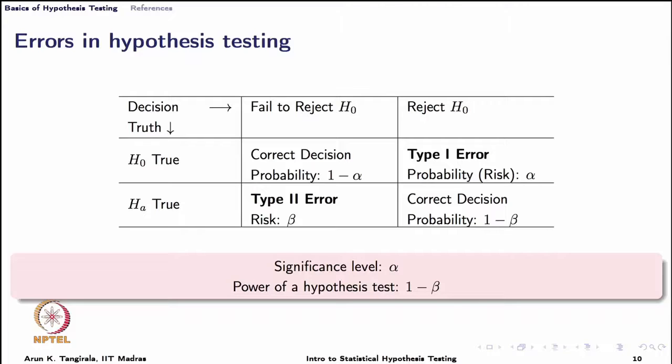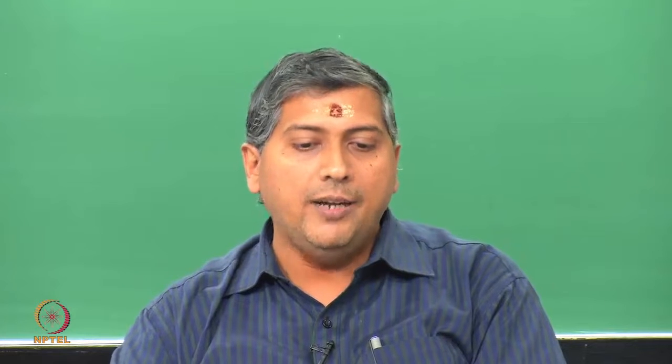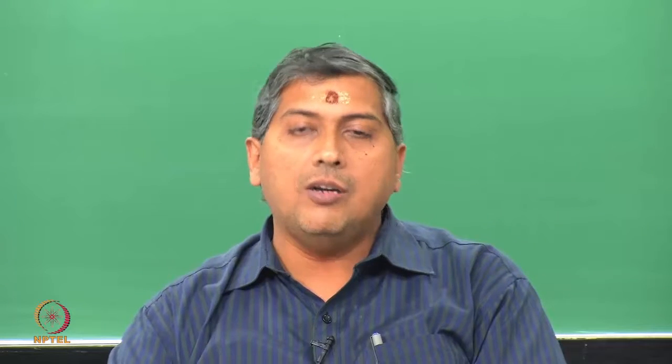Now, however, when it comes to testing the hypothesis, we ask whether we specify alpha or we specify beta. In the earlier illustration, what we did is we specified the critical values and computed the alpha. But remember, I said there is a second approach to hypothesis testing where we specify the errors and then determine the critical value. Now, the question is, should I specify alpha or should I specify beta? If you can quickly understand from the table, alpha is associated with rejecting H naught when it is true, whereas beta is associated with failing to reject H naught when it is false.